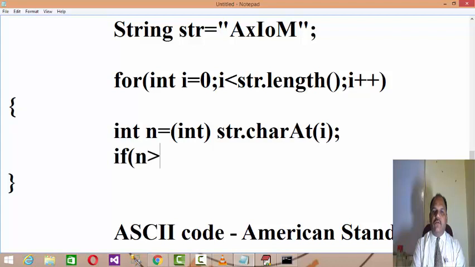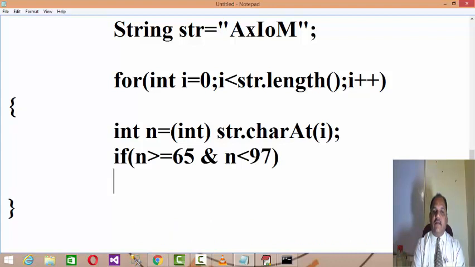Now if this ASCII value is greater than or equal to 65 and less than 97, it is clearly a capital letter, so I need to add 32 to the ASCII value.